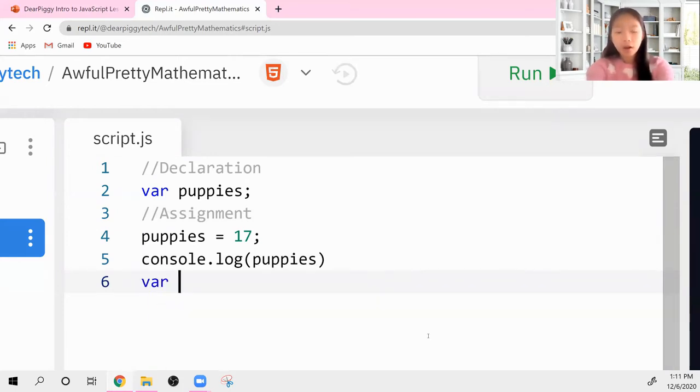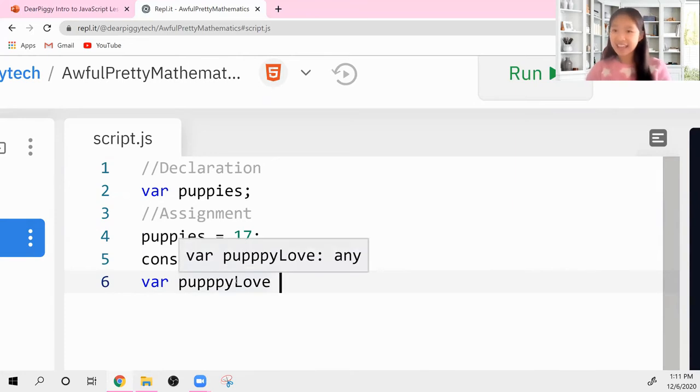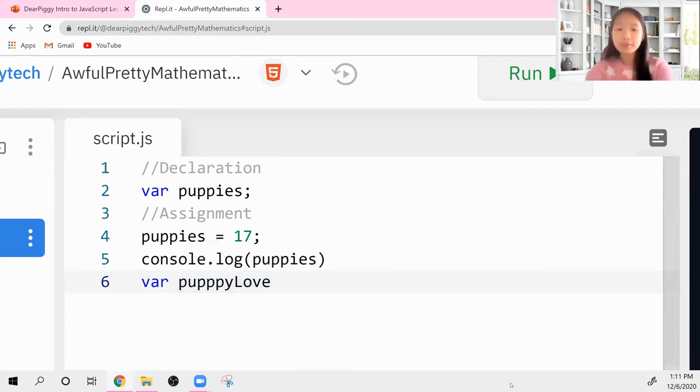We're going to call this var puppyLove. And this, guys, is camel case, right? Because puppy is the first word, the first letter is lowercase. Love is the second word, so the first letter is uppercase. So var puppyLove is equal to